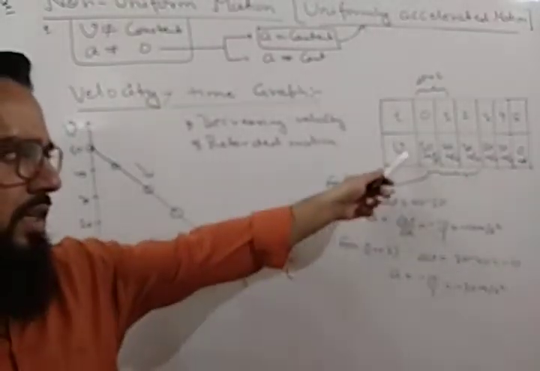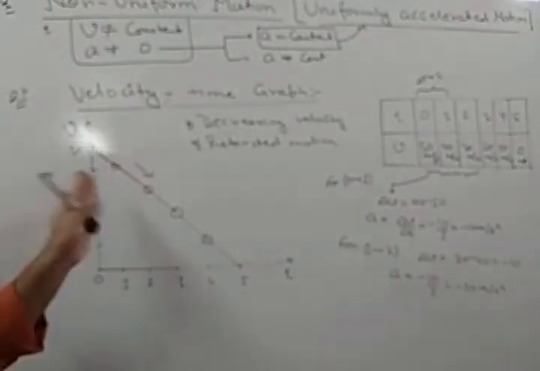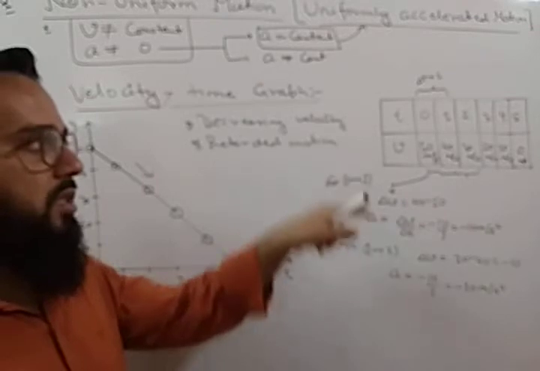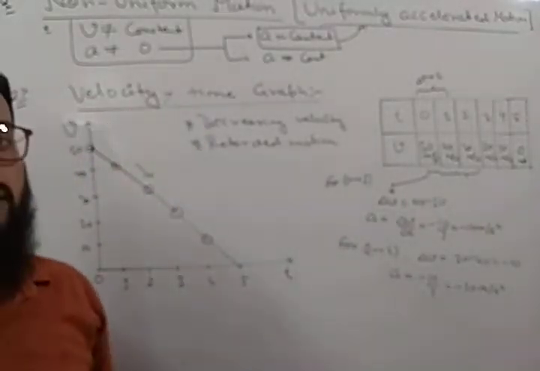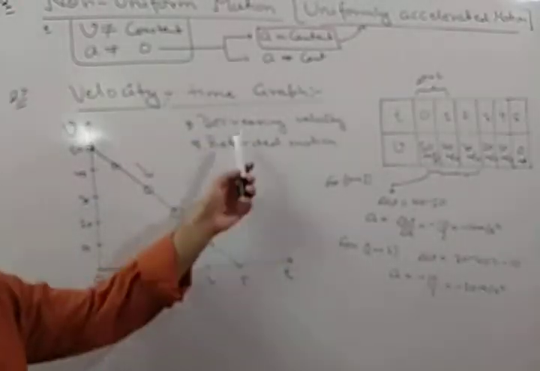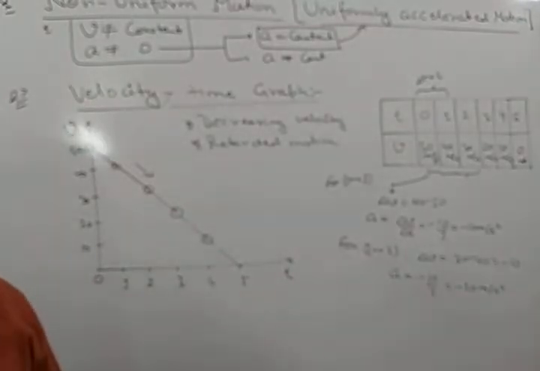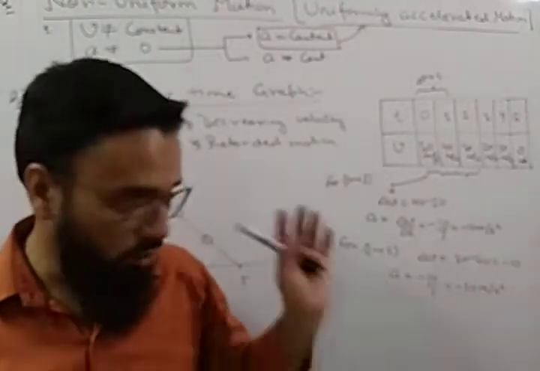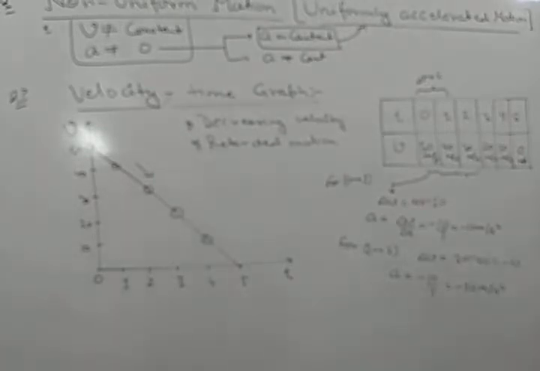This is just an example. The graph will always move downward when the velocity is decreasing. So this is the second graph, the velocity time graph of uniformly accelerated motion, which is a part of non-uniform motion. We have discussed both the velocity time graphs of uniformly accelerated motion, for increasing velocity as well as for decreasing velocity. Clear? So note it down. Then we are coming to the acceleration time graph of this motion.